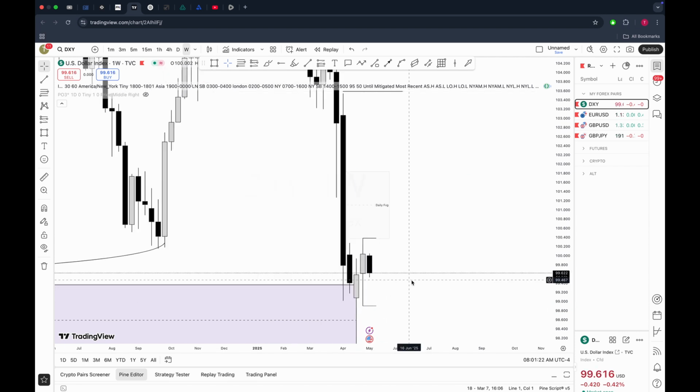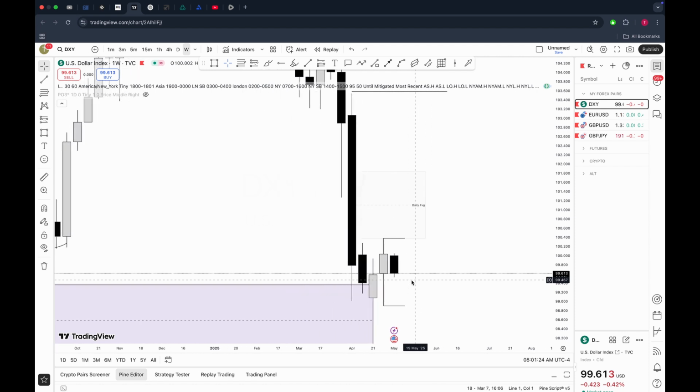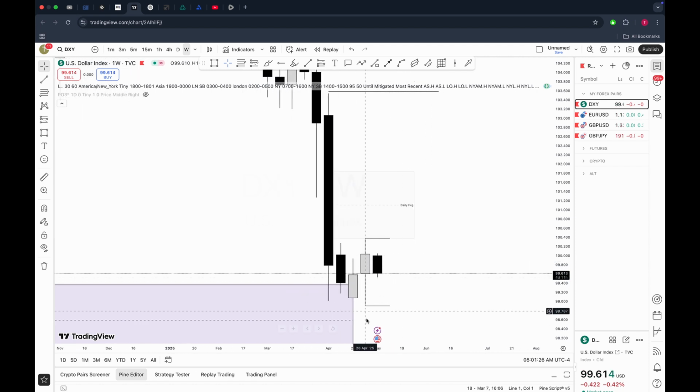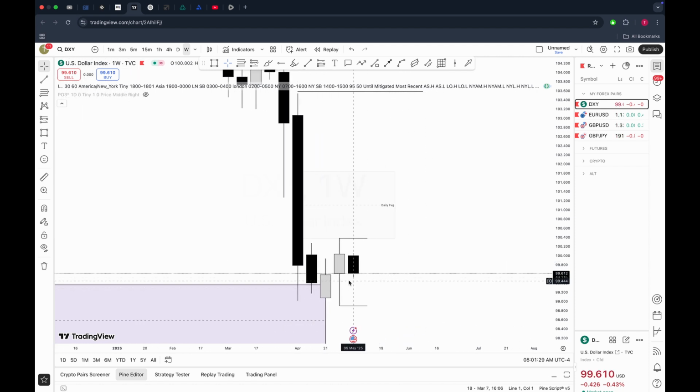This is the area we don't want price to close below. This last week low, so I don't want price to close below this area. I want price to come down. It can come wherever I want, or it can even sweep this low and close inside or even close above this. I just don't want to see it close below this low. All right, that is what I'm expecting.